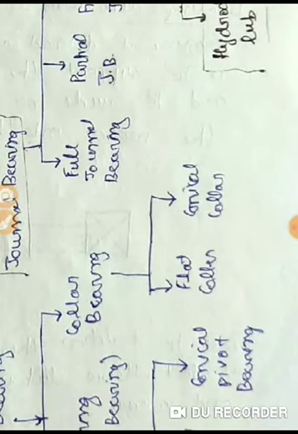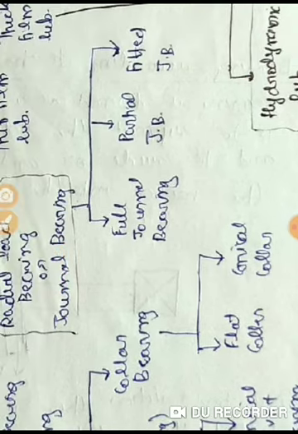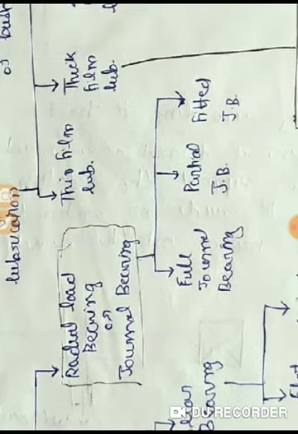This means that the perfect cylinder is the flat collar bearing, and when the shape of the end of the shaft is just like a cone, this type of bearing will be called what? Conical collar bearing.